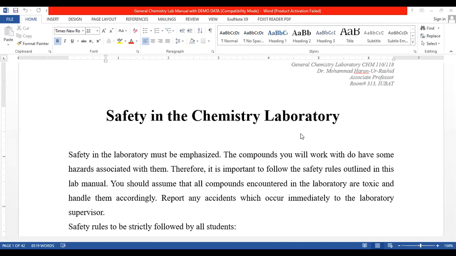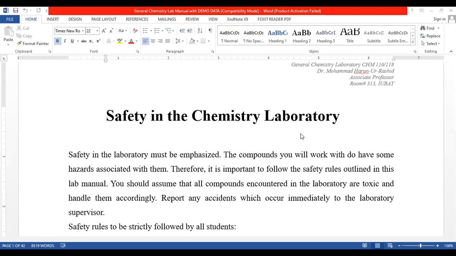Later on, it will be announced when you have to submit the lab report, because we will conduct the final exam on campus. The lab final exam we cannot take online. We have to conduct it inside the campus. So the final part of this course would be completed on campus. When we are able to conduct the final exam, after that you will be asked to submit the